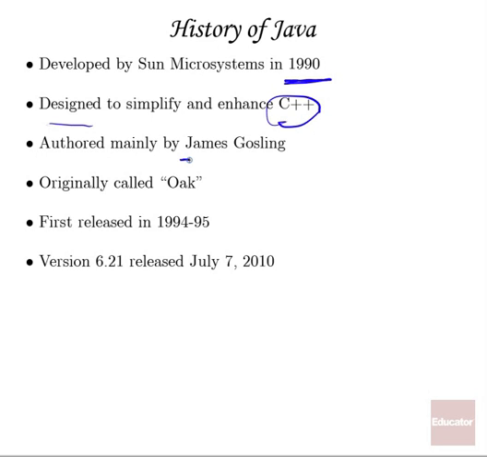The person that's mainly considered the author and originator of Java itself is James Gosling, a computer science PhD that was working for Sun at the time. He originally called the program Oak, based on an oak tree that he saw outside of his office every day. When they looked into copyrighting that, they realized that there was another software out there that owned the copyright for calling it Oak. So they had to figure out a new name.